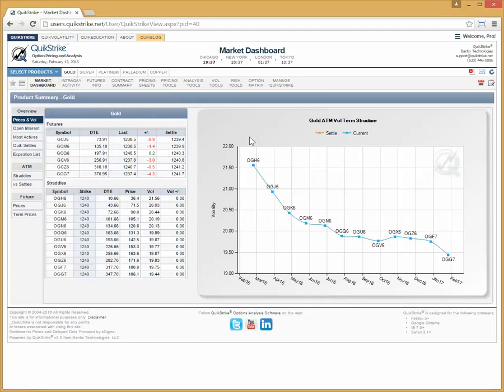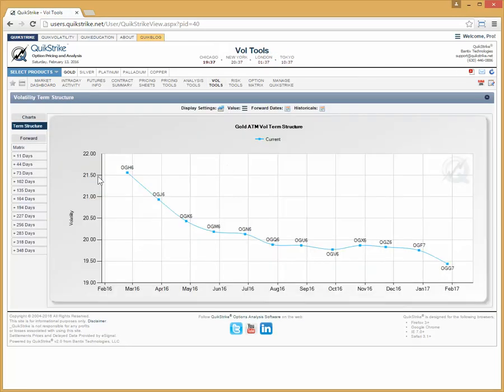Okay, and this term structure chart, we see this on the product dashboard, but we're going to dive a little more deeply here and take a look at it as a tool itself. So here we are in the vol term structure. Basically what you have here is all of the expirations. Now you see these little hashes with the Feb 16. This is the 1st of February, the 1st of March, the 1st of April, etc. And then you're seeing where these